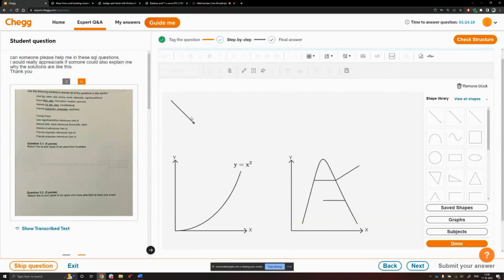So draw a vertical line. Increase the size. Copy the vertical line again. Copy this inclined line, move it here. Adjust the length of the line so that they don't appear to be too big.